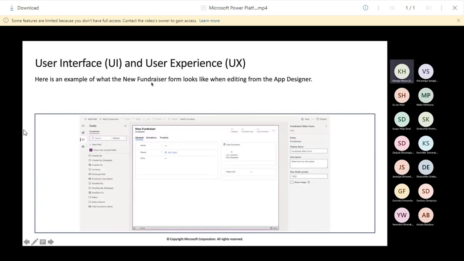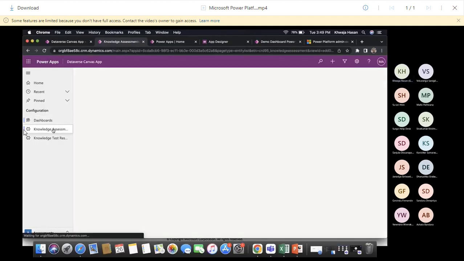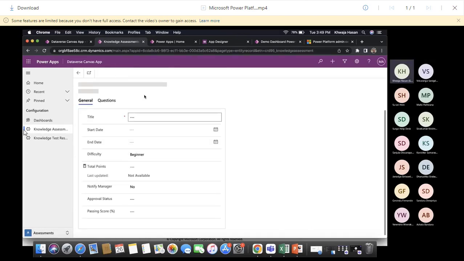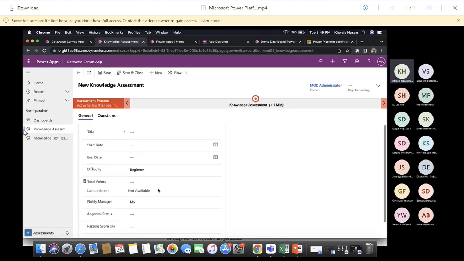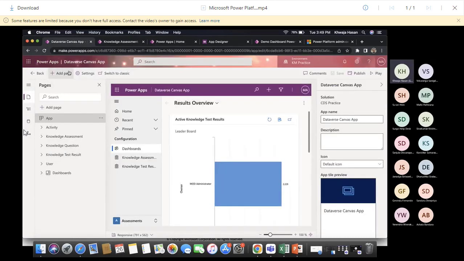User interface and user experience. So guys, you can create forms. So you have seen this app in which you have created this form. So I have this knowledge assessment table and I have created this form. So you can design this form based on your requirement, how this form would look like. So if I go in my Microsoft Dataverse,